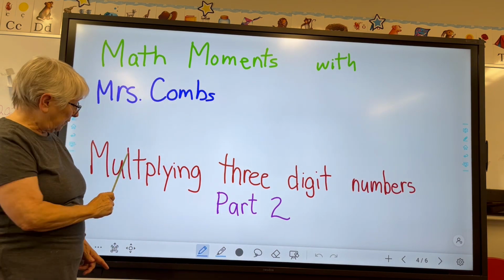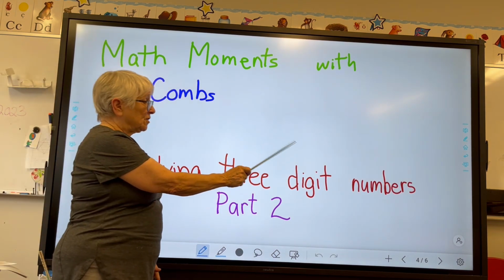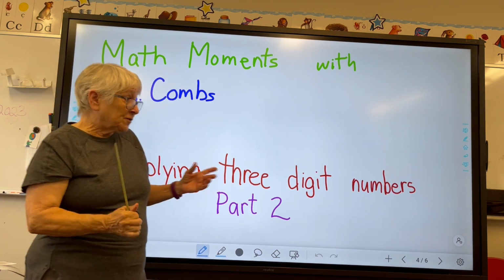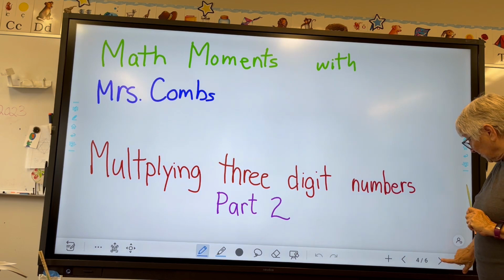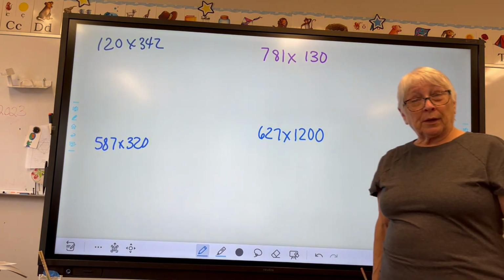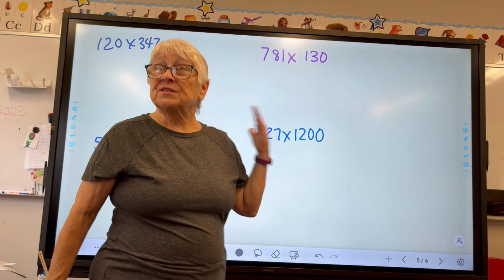Told you to look for it. Here it is. Multiplying 3-digit numbers. Now, it's going to be a short snippet today. Won't take very long. I have 4 problems for us to do. Here we go. Now, I've written it sideways